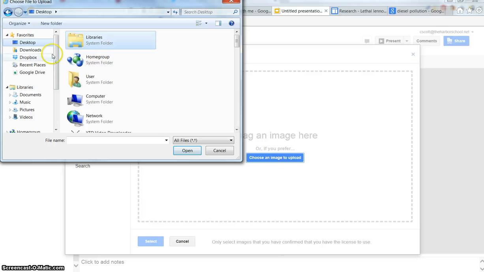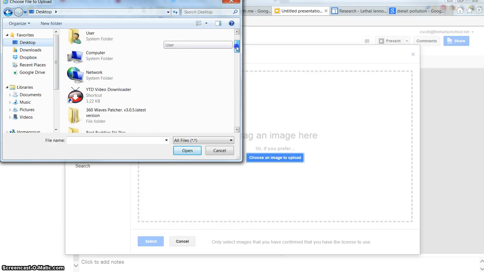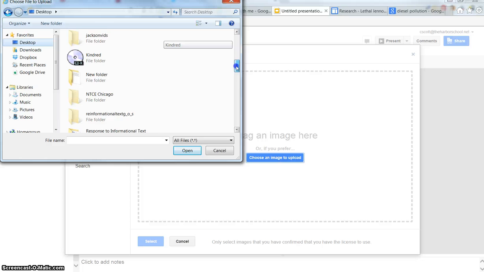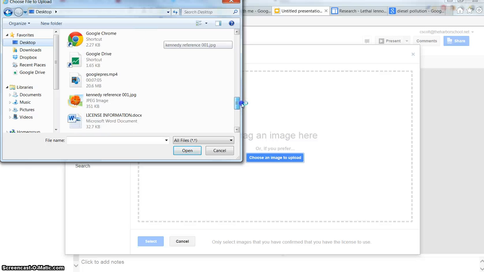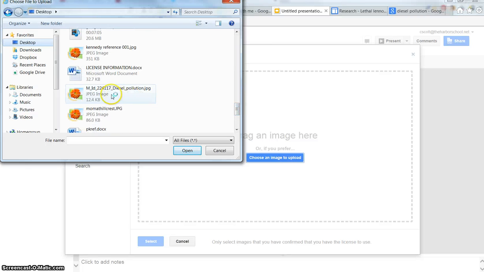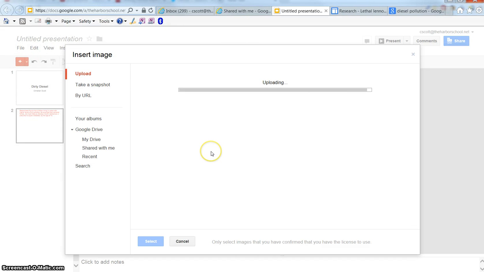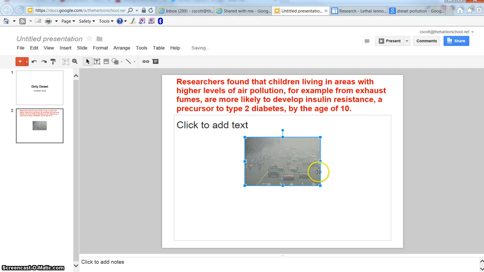Great. Okay, on my desktop, I can scroll down through all the different files I have there, and I'm looking for that thing that I just downloaded. Aha! Here it is. It says MID Diesel Pollution JPEG, and I can see there's even a little mini version of it here. So I'm going to double click on that, and it uploads instantly onto my page. Great, there's my picture. Picture's a little too small like this, so I'm going to stretch it out. I do that by picking on this corner here. And it's just like pulling a piece of gum. It stretches,